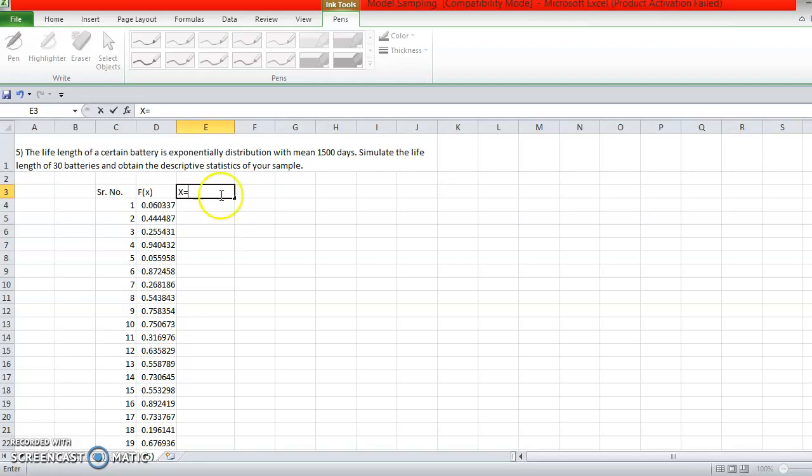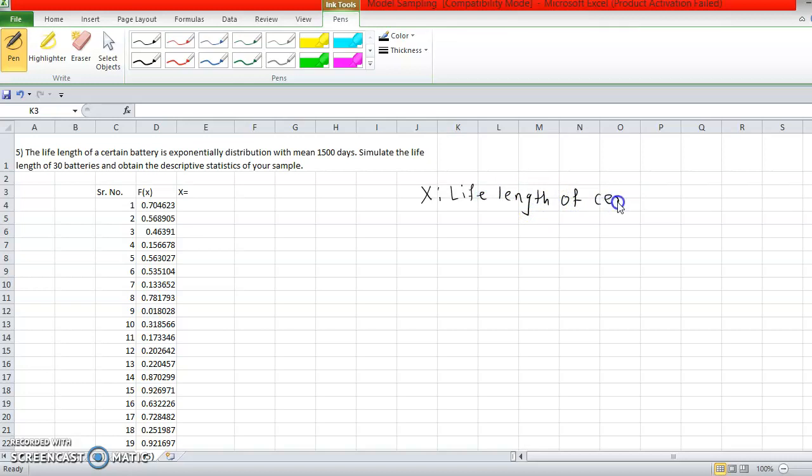Why 1500? Because we have given that x is a random variable which denotes the life length of a certain battery. So if x is the life length of a certain battery, it is given that x has an exponential distribution with mean theta equal to 1500 days.